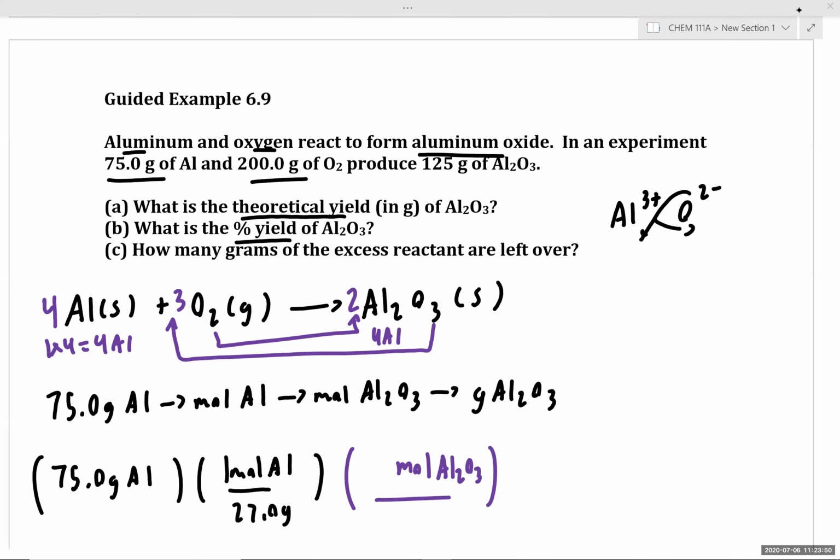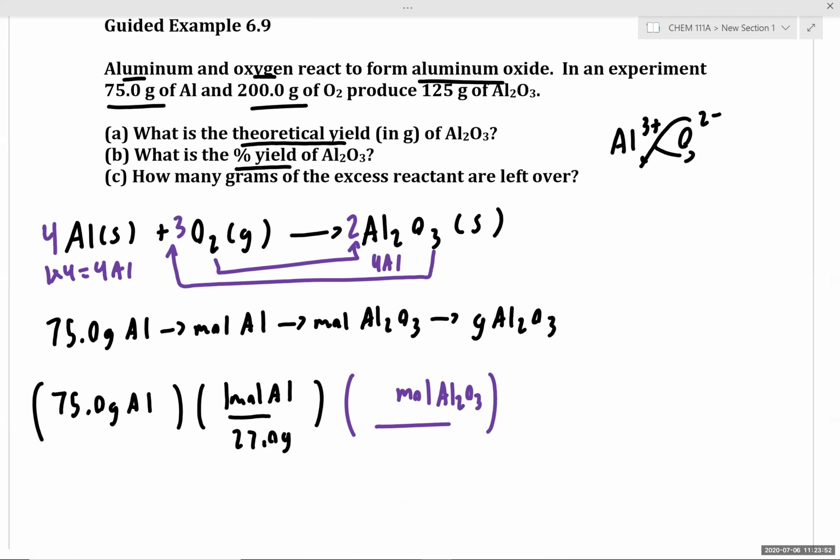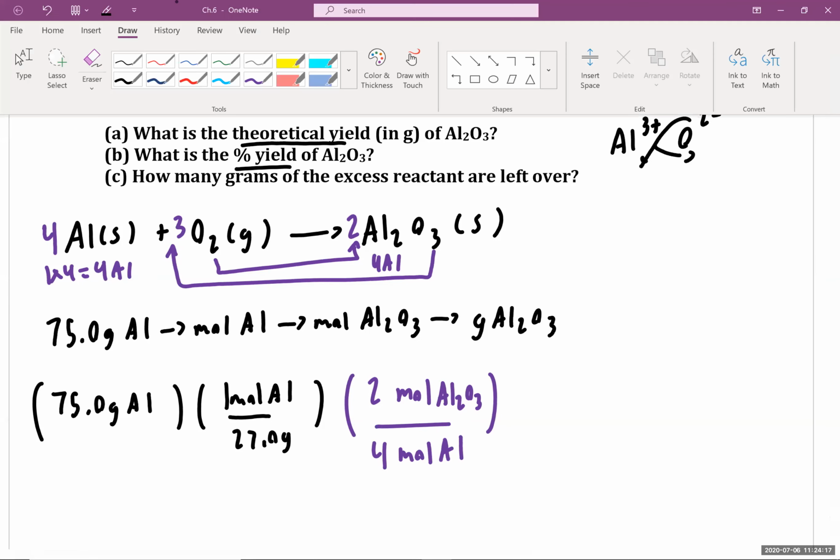Okay, so now that we have our balanced chemical equation, how many moles of aluminum oxide are produced per how many moles of aluminum consumed? What is our mole to mole ratio? 2 to 4. 2 to 4, exactly right. Perfect, perfect. So continuing on,